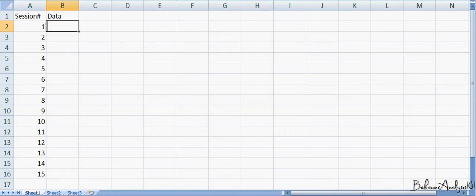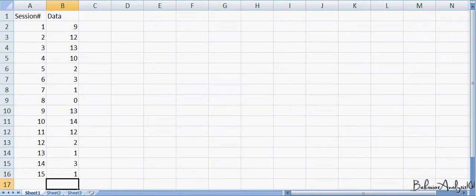Now, below the cell that we entered data in, you're going to write the data that you collected from your study for each session. Okay, once you have that entered,